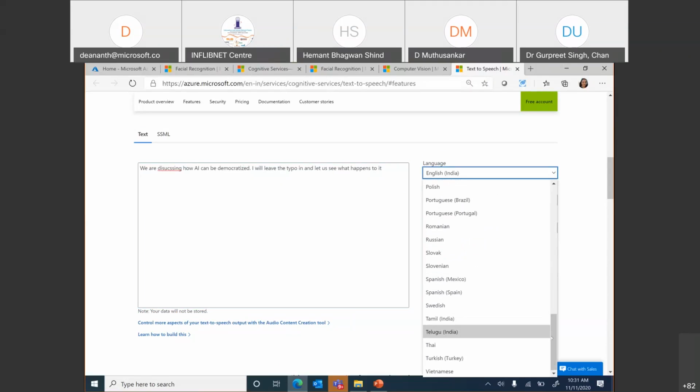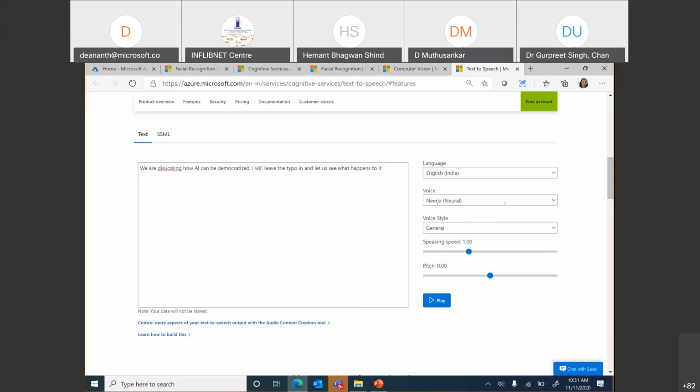Now, if I say that I want it to be read in English, let's start with English because we expect most people to understand that. It's giving you a male voice or a female voice. I just saw a question on whether it supports translation. Yes, it does support translation as well. And the rest of the questions which do not pop up on my screen, we will look at, but do keep your questions coming. So there's a male voice and there's a female voice. Let's say I want it to be read in a male voice and the style could be general. It can speak faster or slower and at a higher pitch or a deeper pitch.